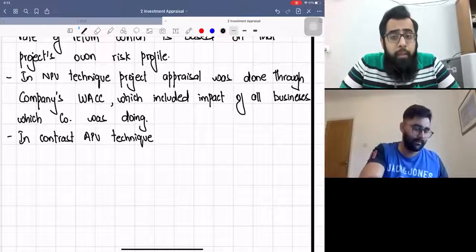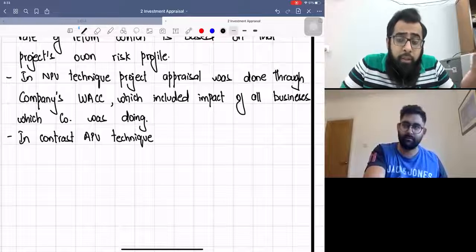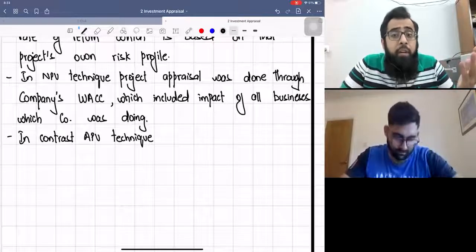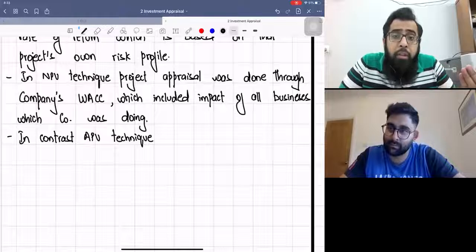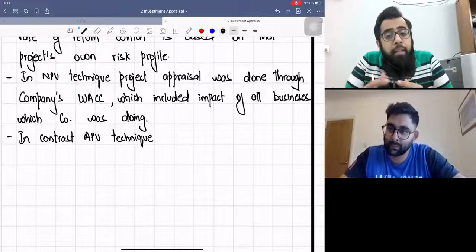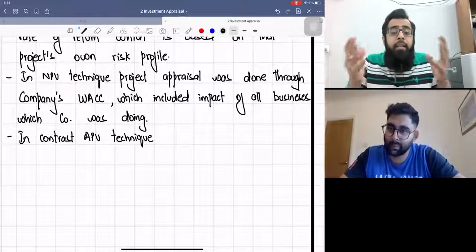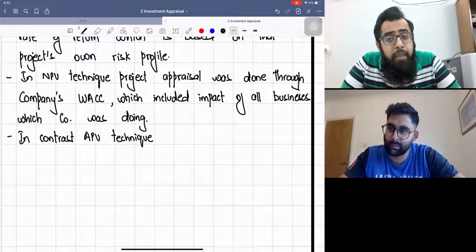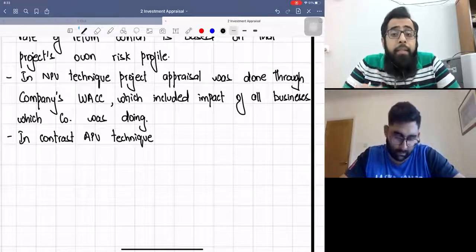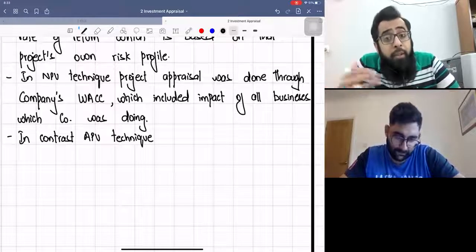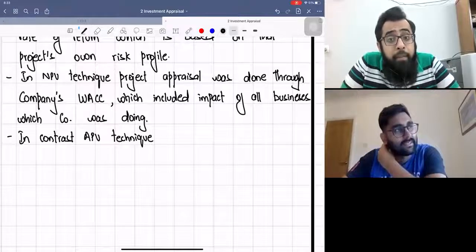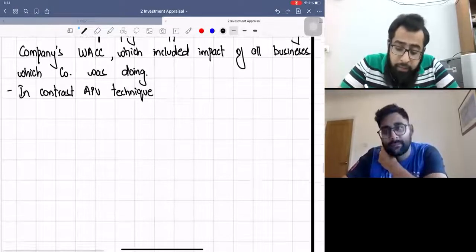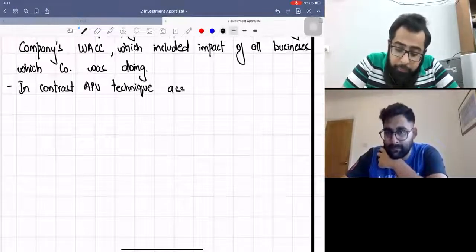If you remember the chapter of WACC which you have studied in your past studies of financial management, you know the calculation of the WACC. In the NPV technique, when we calculate the WACC, that considered the capital structure of the company as a whole. That considered the beta equity of the company, those beta factors of the CAPM model. In contrast, the APV technique assumes